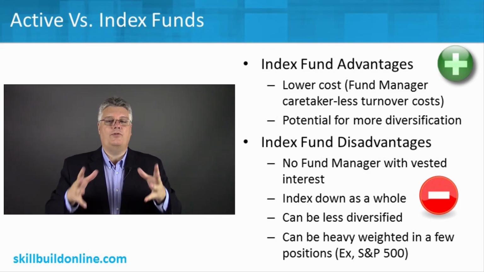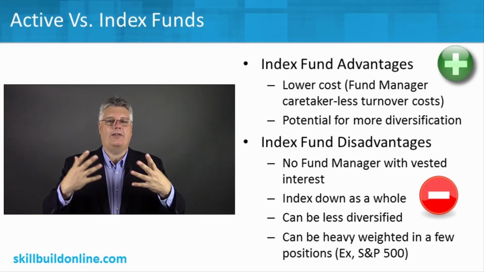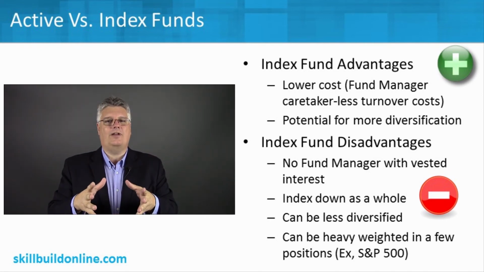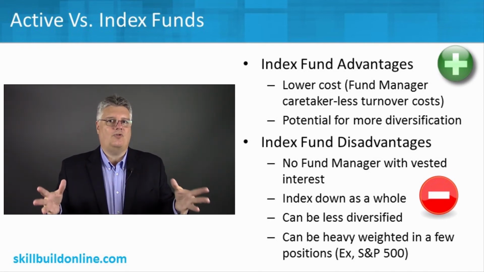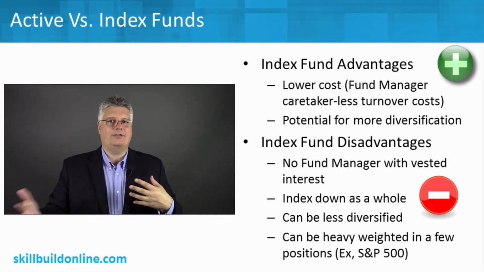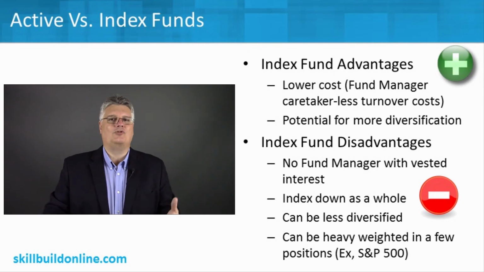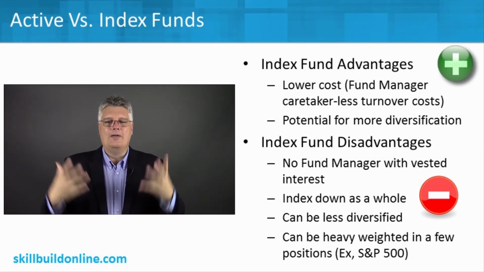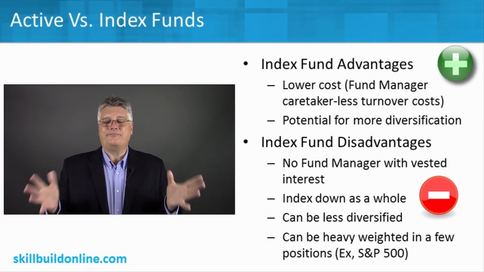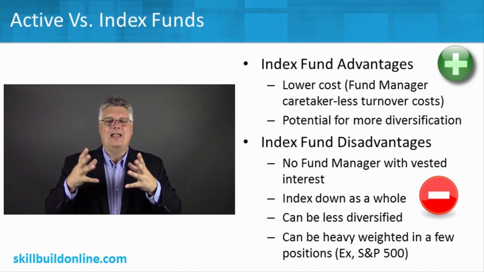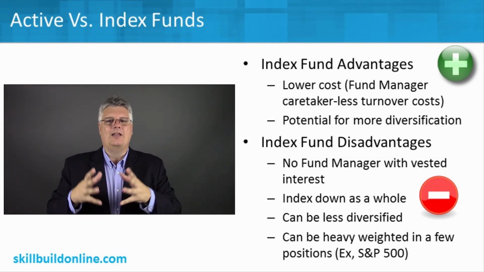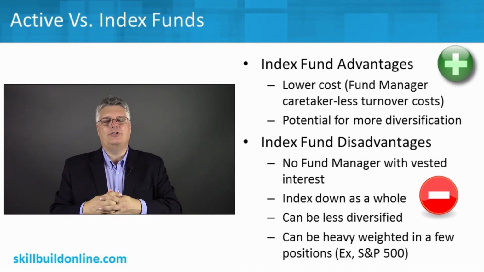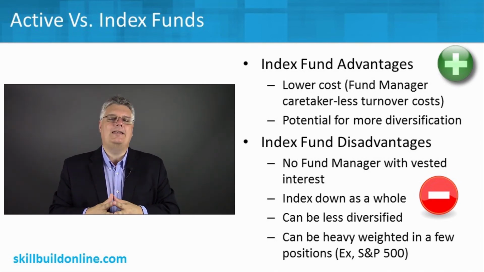Also, it might be something that's weighted if you have a sector index fund. I saw a good example of that. If you look at the energy sector, for example, you could buy an index fund that tracks the energy sector, which sounds great. I get all these different types of energy companies: oil companies, gas companies, pipeline companies, people who build platforms for drilling, anything related to energy. Maybe even alternative energy is in there too, like solar power and wind power, and boy, that's great. I can have all this diversification in energy. Sounds good, but if you look closely at the holdings, there's a big chunk of it. It's like 20-30%. I think it's 20% of the holdings within the energy index.